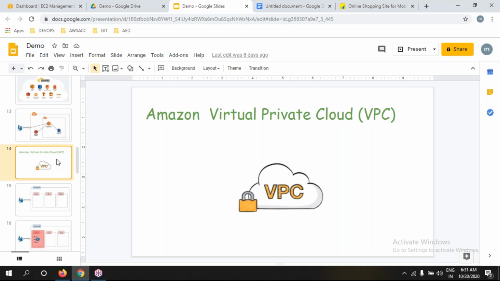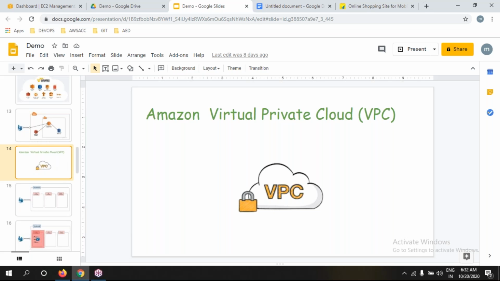In your office, each and every desktop, laptop, and system is a private machine. To access those resources, you have to get into the office. From outside, we can't access them because it is a private network.